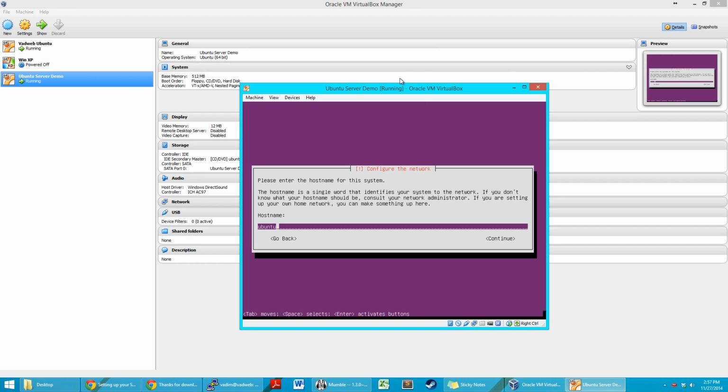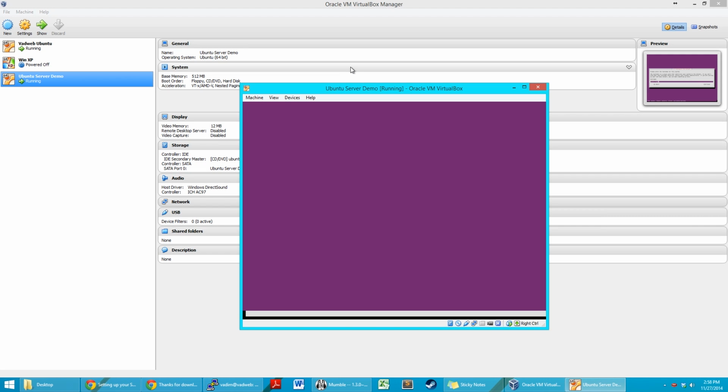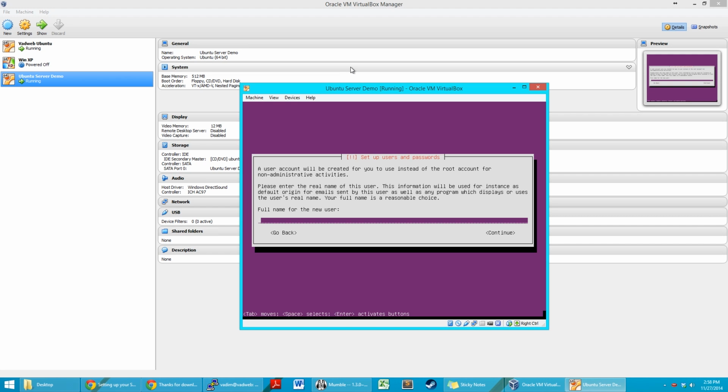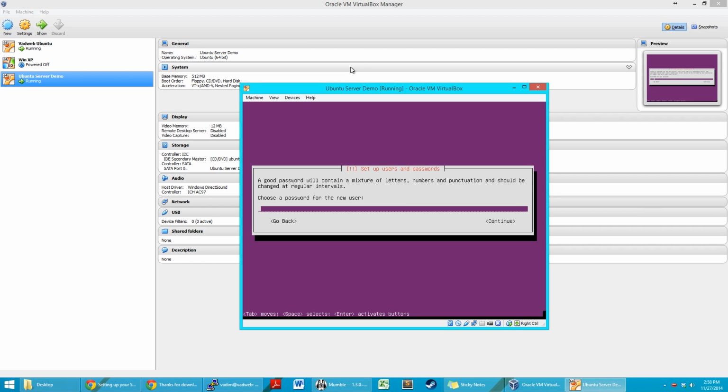We're gonna call this Ubuntu test, but I'm gonna be deleting all of this anyways later. But for example, for my main Ubuntu installation, I called it VadWeb, which is the name of the website, but it can be anything. It's just for you, pretty much, for the network admin, assuming you manage that. And we're gonna call this my name, username,